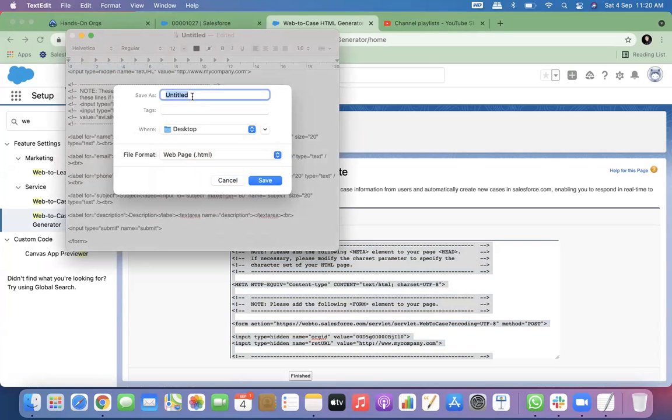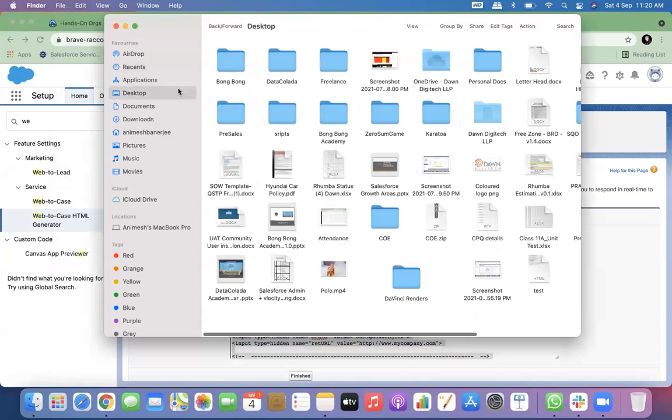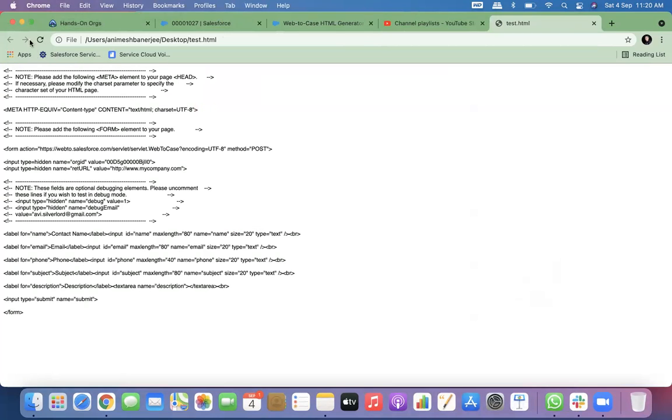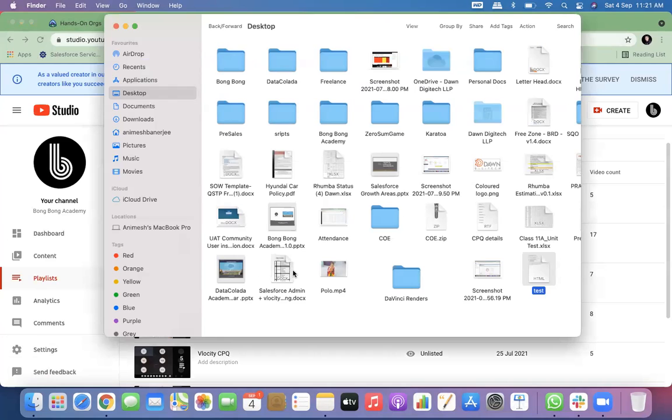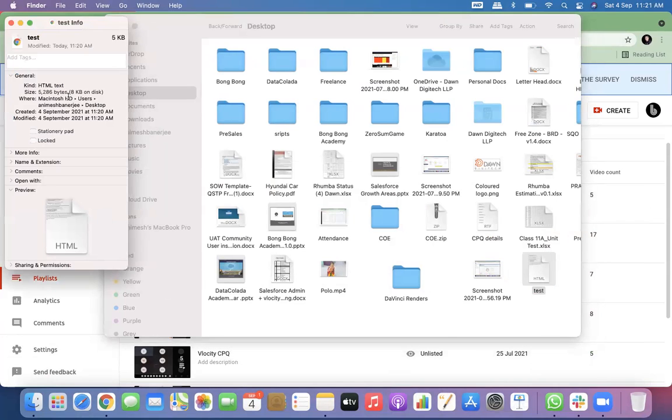Okay. Paste. This is a test HTML page. Text.